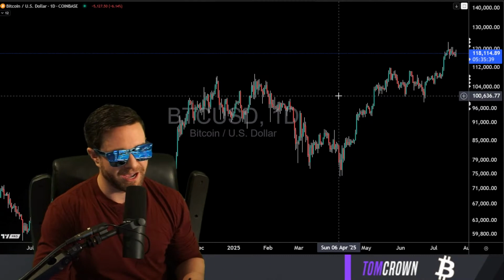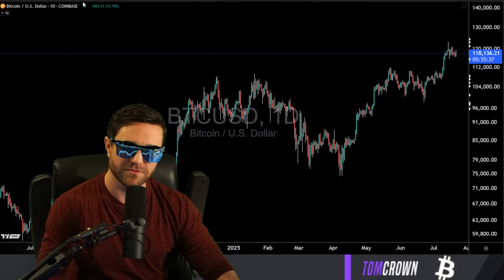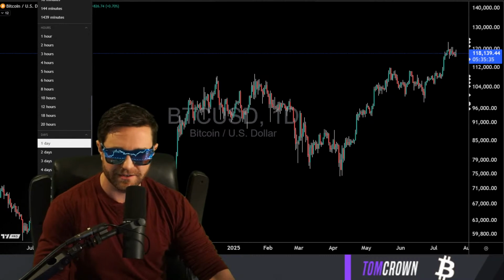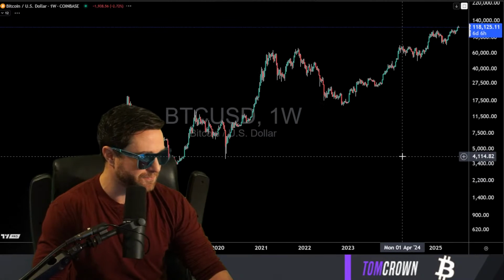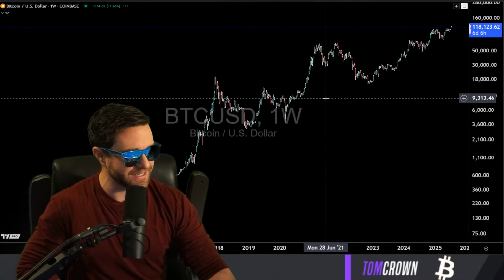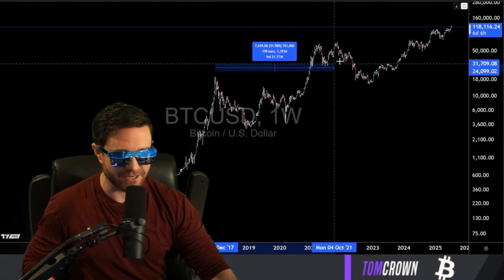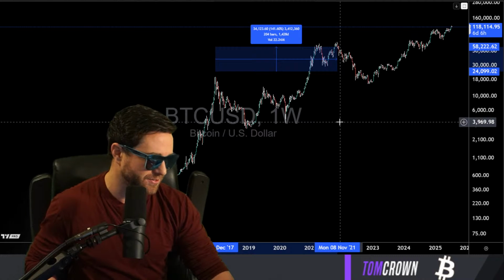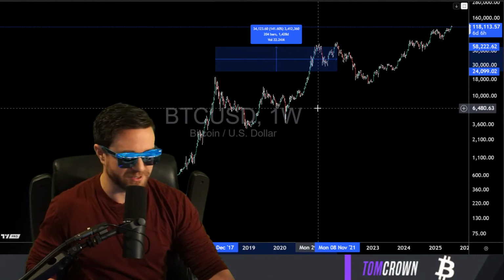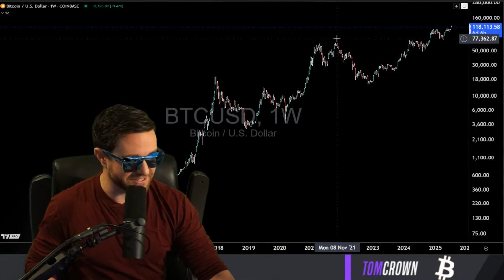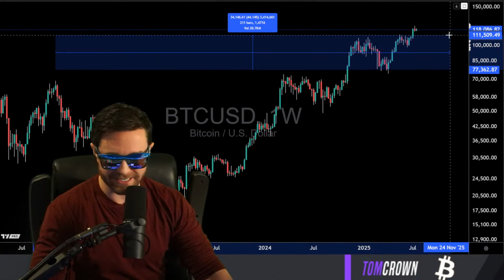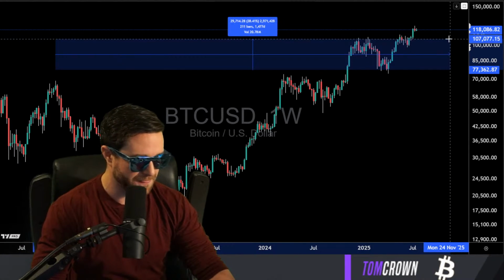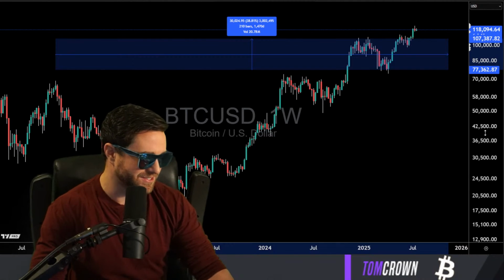At the moment, I don't see a reason to deviate from the 4-year cycle. I don't see a reason yet. You look at the cycle peaks, and they're 4 years apart. You go back, it's 4 years apart. Like almost to the day. It's not to the day, but it's damn close. You look at this and you extend it out from November of 21. And what do you get? You get November of this year.